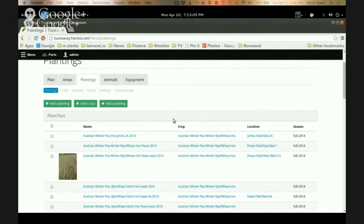And Mike, I just want to interject here. This year, we used a special view that was created for our organic certification. They had a certain form that they wanted to see the field records in, and it was a fairly easy process to format the output from each field to look at the history of what was planted, where animals were, and where the plan was for this coming year, and to be able to present that for the certifier. That was a much easier process for us even this year than in years past to be able to hand that off to the organic